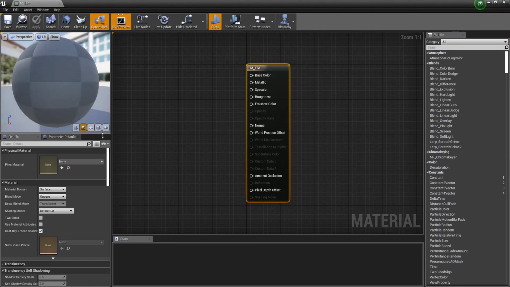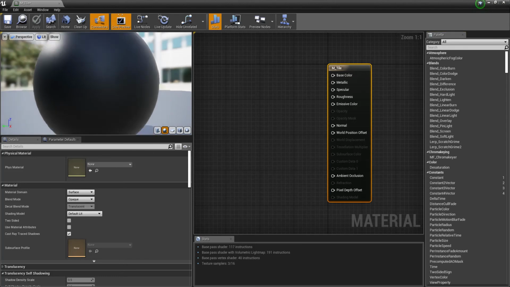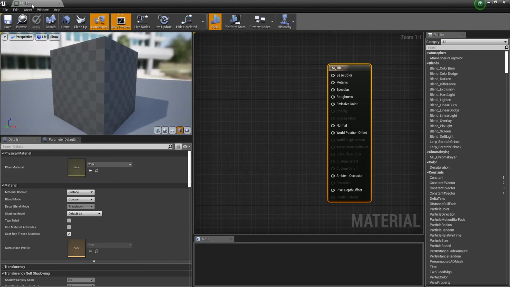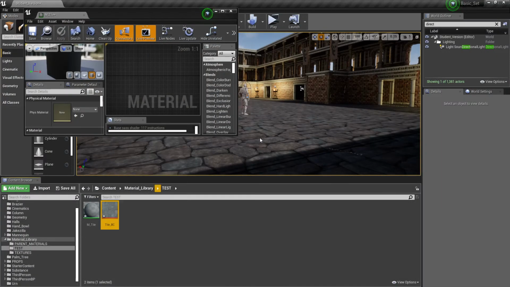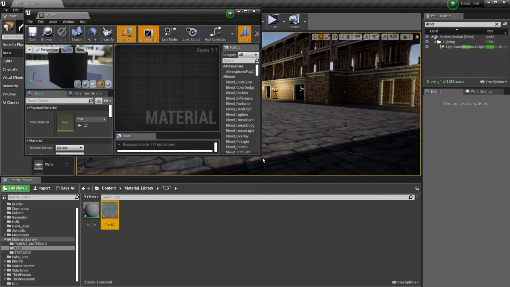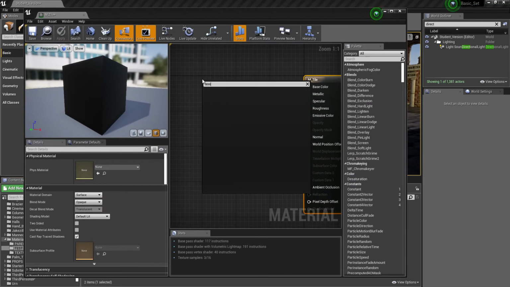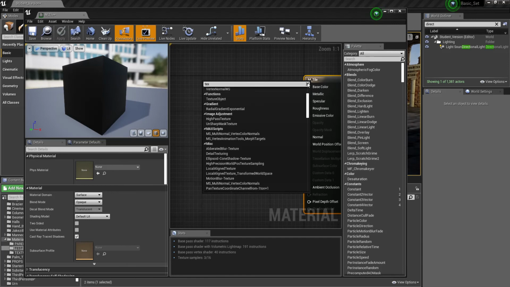So I'm going to adjust this so that we can see the material sphere well, and I'm going to change it to be the box preview. And then let's go ahead and click on the texture. So the texture is currently selected. And so now when I right click and say texture,